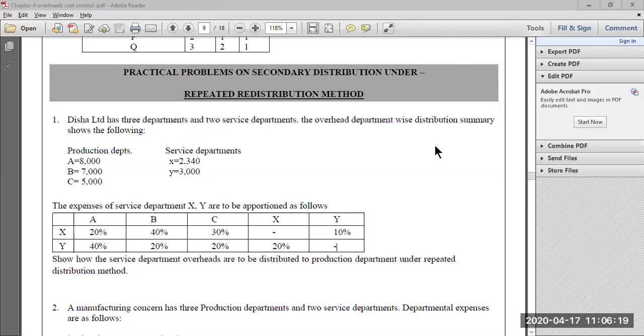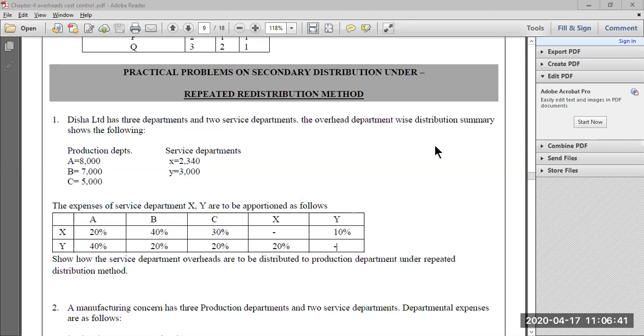Hello students, today we are going to discuss a new method under secondary distribution of overheads, that is the repeated redistribution method. Now, in the primary distribution method, whatever overheads we have got at the end of the primary distribution, that entire amount will be reallocated from service departments only to production